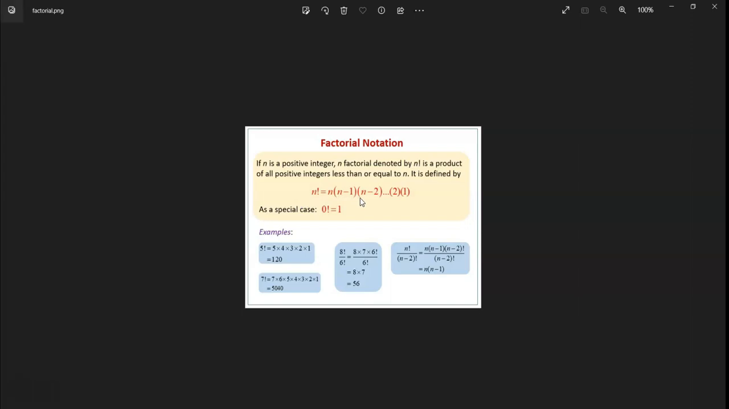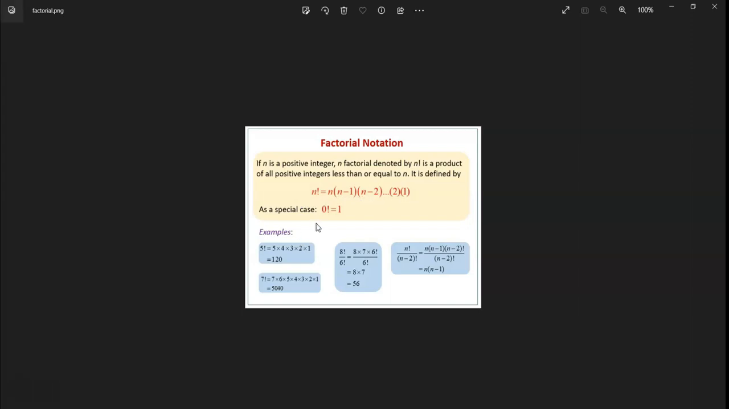If n is a positive integer, n factorial, denoted by n with an exclamation point, is the product of all positive integers less than or equal to n. So it is defined by n factorial is equal to n times n minus 1 times n minus 2 times n minus 3 and so on and so forth until you reach 1. As a special case, 0 factorial is equal to 1. For example, you have here 5 factorial is equal to 5 times 4 times 3 times 2 times 1,